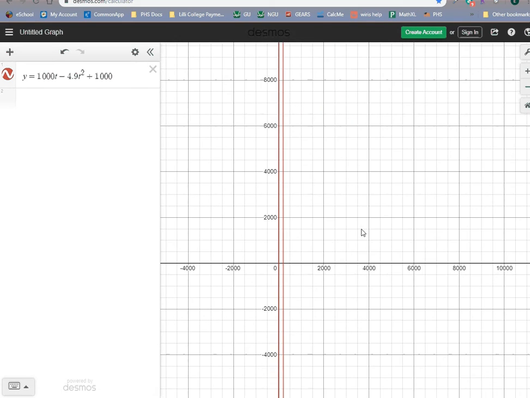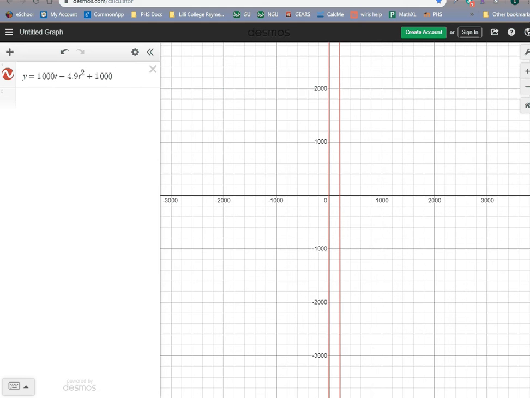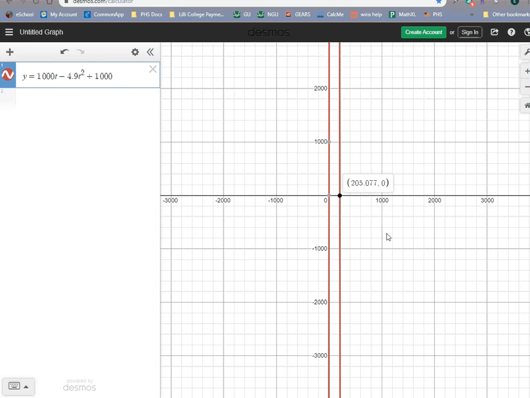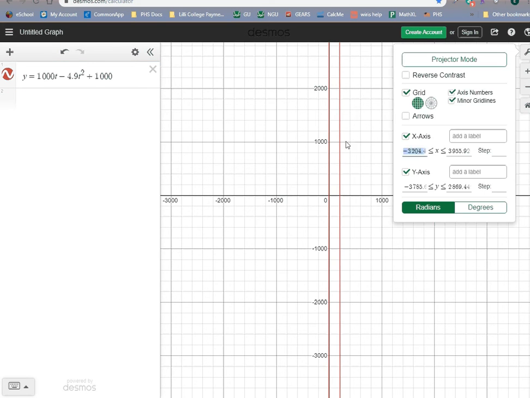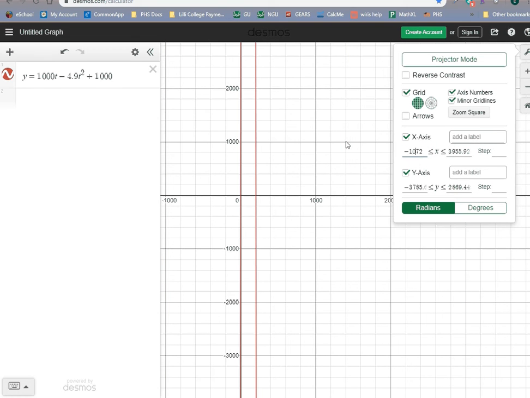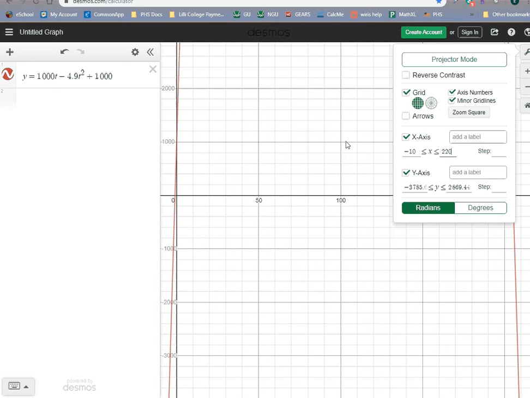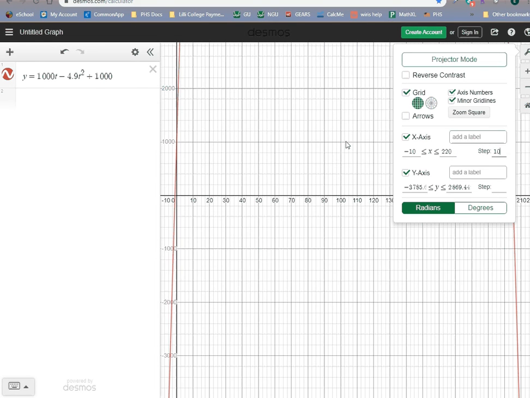Okay, so let's set our window then. X is going to go, what is that? That's 205. So we'll go from, how about negative 10